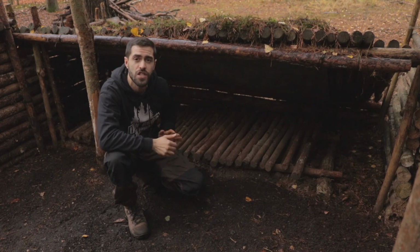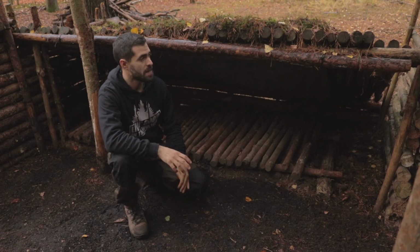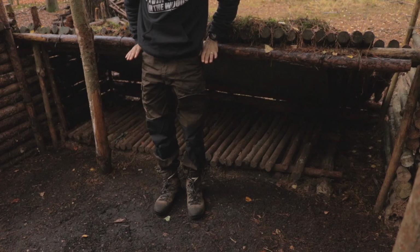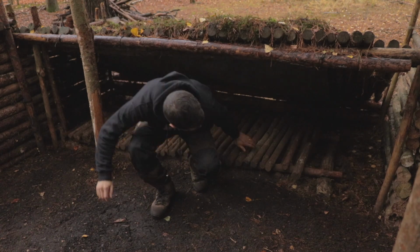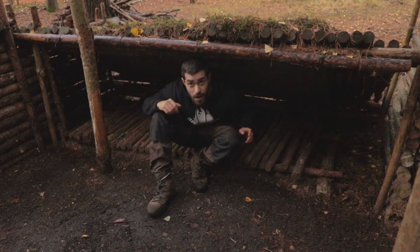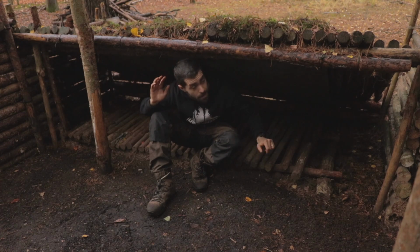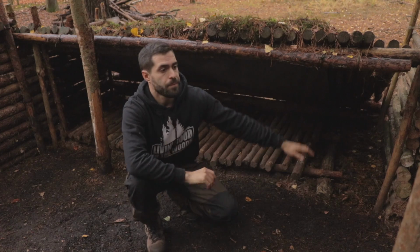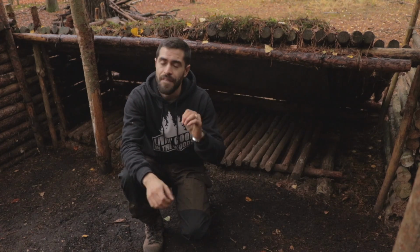If I could change things with this shelter, it would be that it's far too low. If I stand up, you can see it's only up to my waist, so I can't sit down in this shelter. If I do, I just end up crouching, you can see, and knocking my head. But I did my first solo overnight at this bushcraft camp in this shelter,